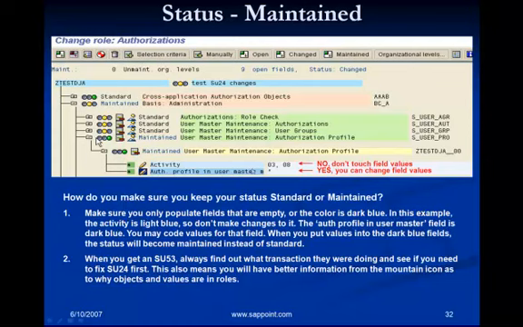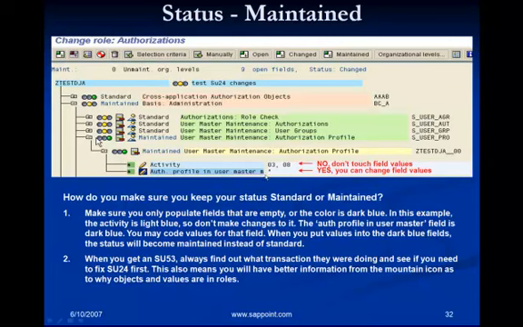In this case, 03 and 08 for this object S_USER_PRO were defaulted, but the profile field was not defaulted and you maintained it. So if you want to keep the object status as maintained, you should never touch the default field values, and maintain only the field values for which there are no values proposed.